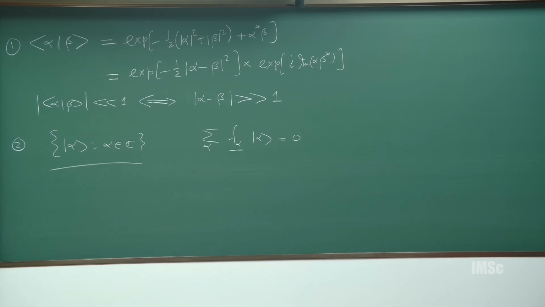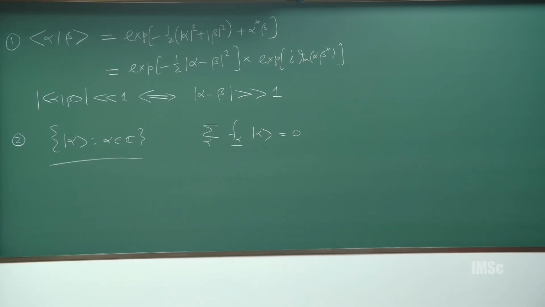Is it the entire complex plane or some part of it? I think the circle is... Circle, okay. Why should I take a circle? I can take something else also, right? For any given alpha and beta, the dot product will never be 0, right? Yes, if alpha and beta are different. Yes.